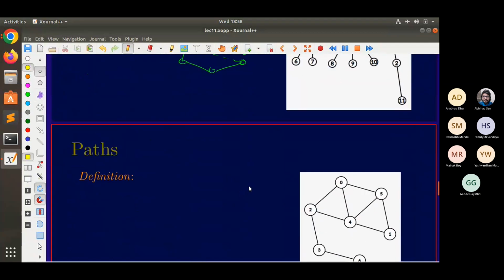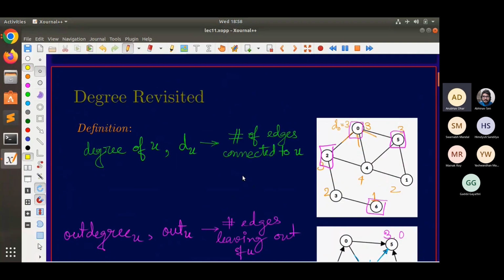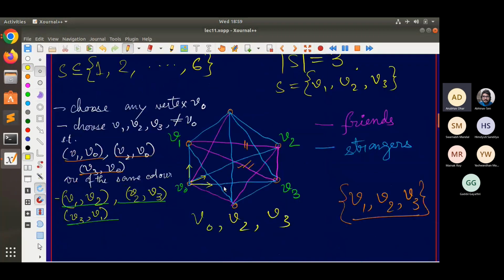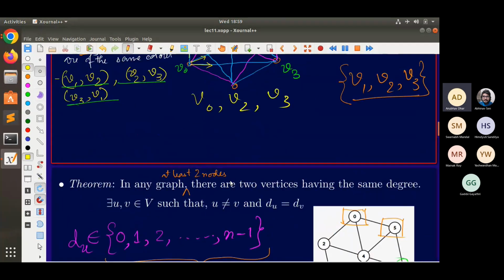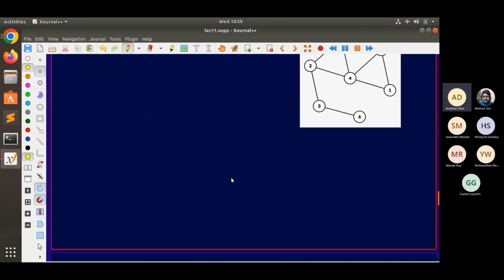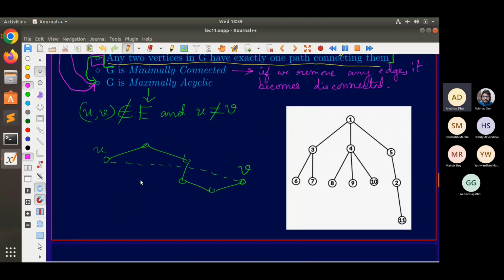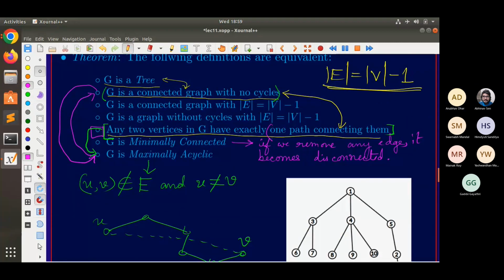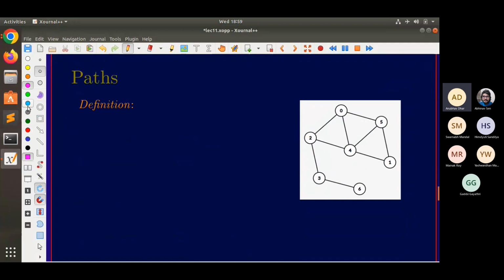Anyway, so we have discussed some properties pertaining to degrees of vertices. Then we have discussed some properties of trees. And now we will move on to paths of a graph. I've already used the term paths over here, with one path connecting them. Now, the definition of paths was also covered in the last class, but just reiterating